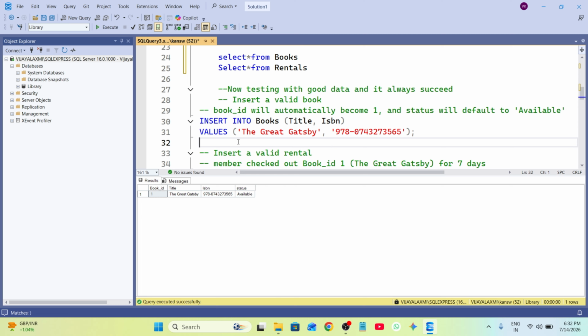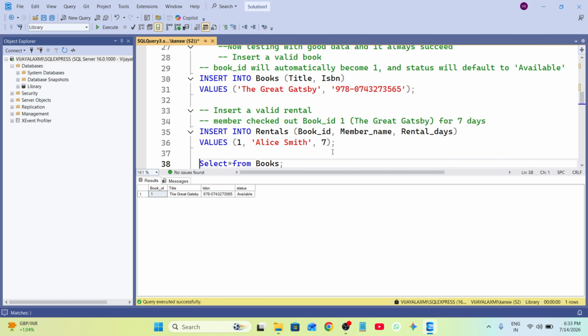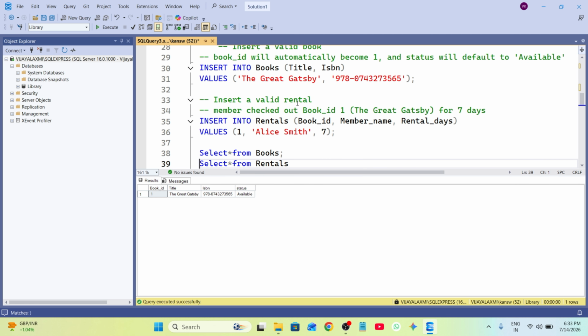Okay. So here you can see that our data is successfully inserted because we have inserted a valid value in the books table. Now let's insert data in the rental table. So here we are going to insert data in the rental table: the book ID, member name, and the rental days. Here we are going to rent this book out for 7 days. That means we want to give this book for 7 days to this member. So let's insert this data